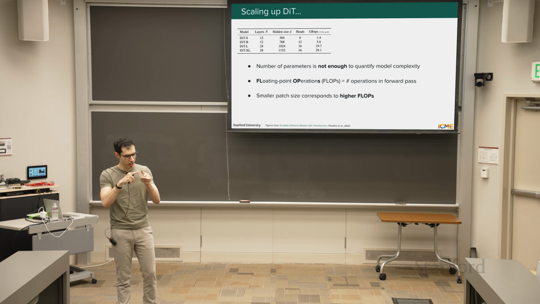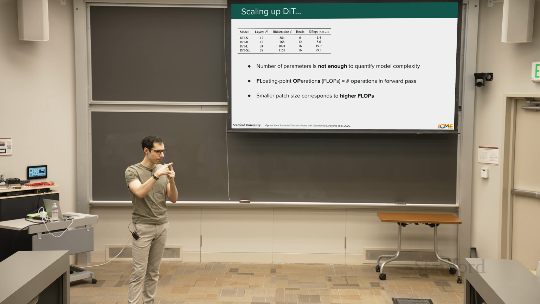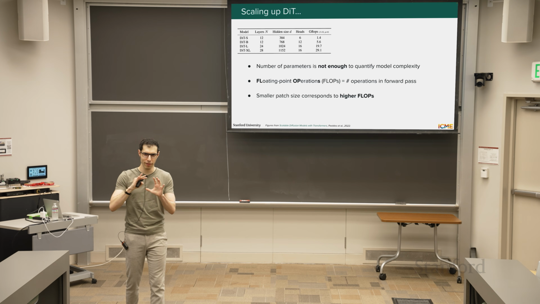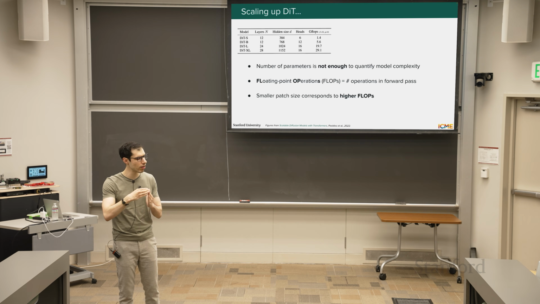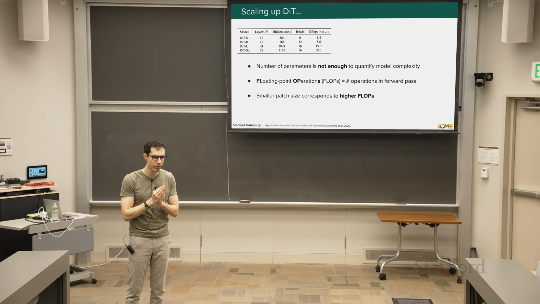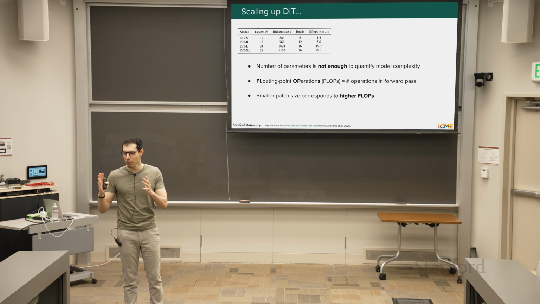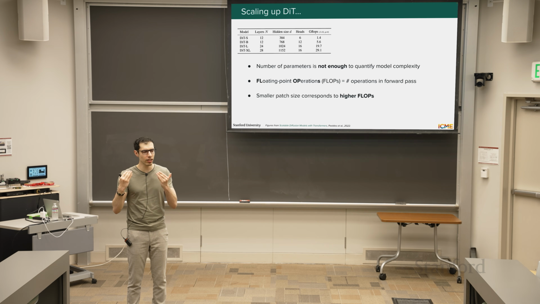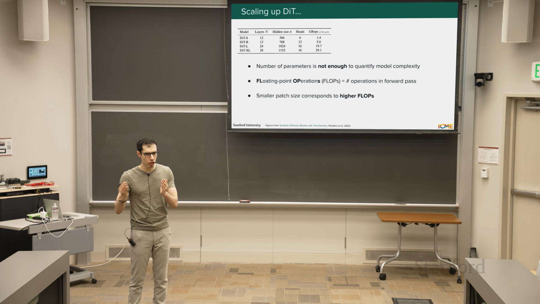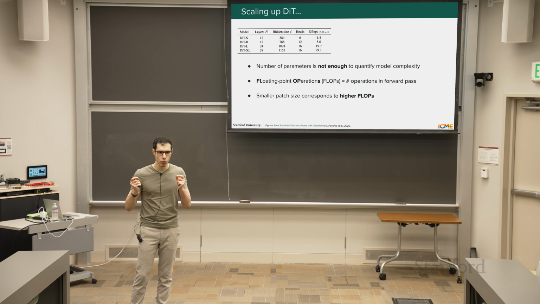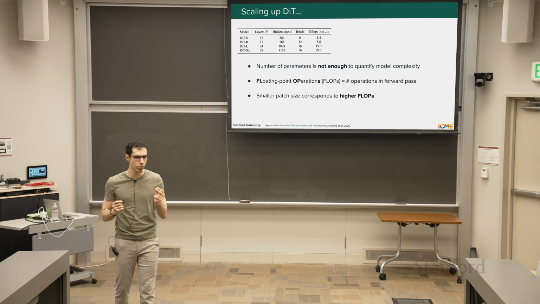Because the patches have dimension P times C. And if you take big patches, then you have a much coarser view than, let's say, a small patch, small p. The problem with the number of parameters is it does not convey that dimension, so you can have the same number of parameters but vary p, which is why the authors also use